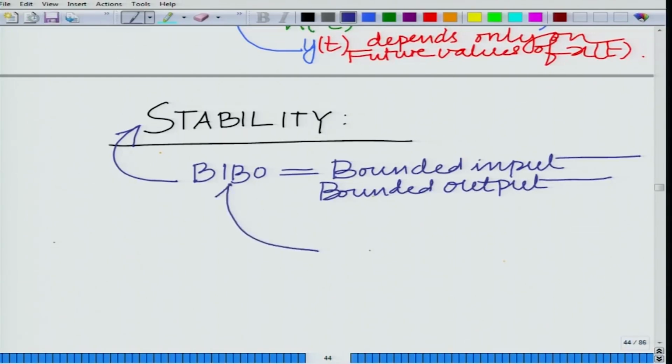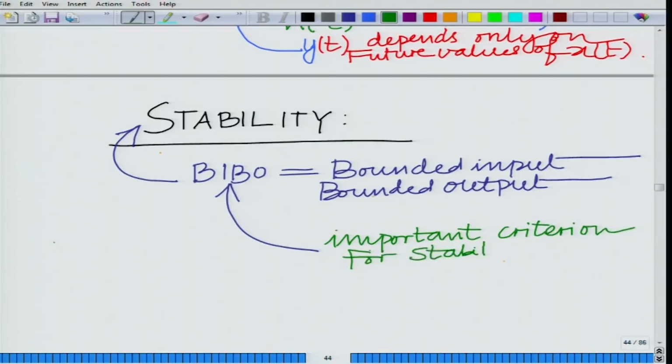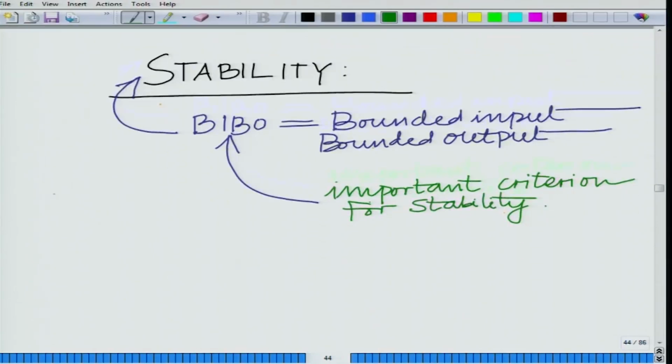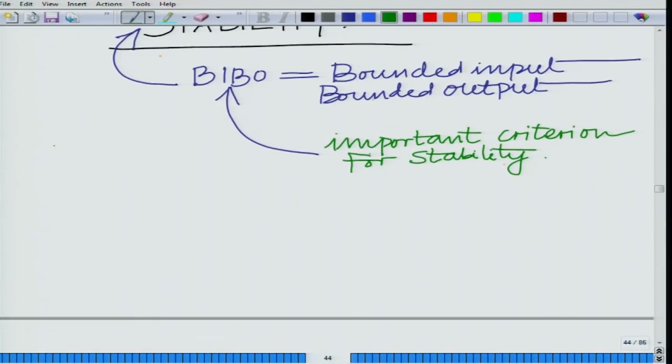This is one of the most important criteria for stability, and this is characterized as follows: we say a system is BIBO stable if